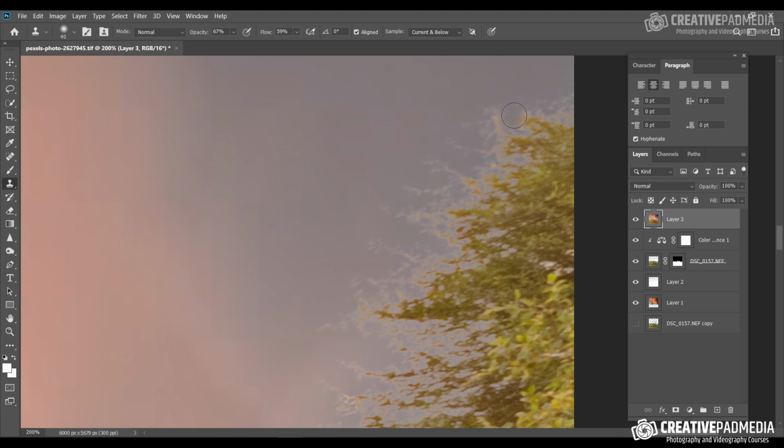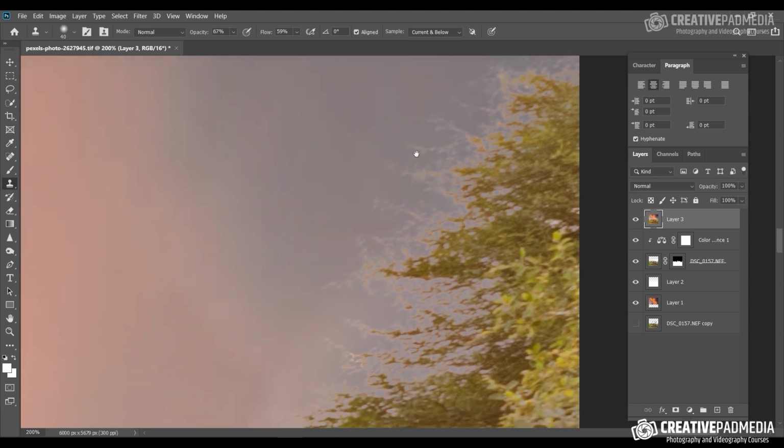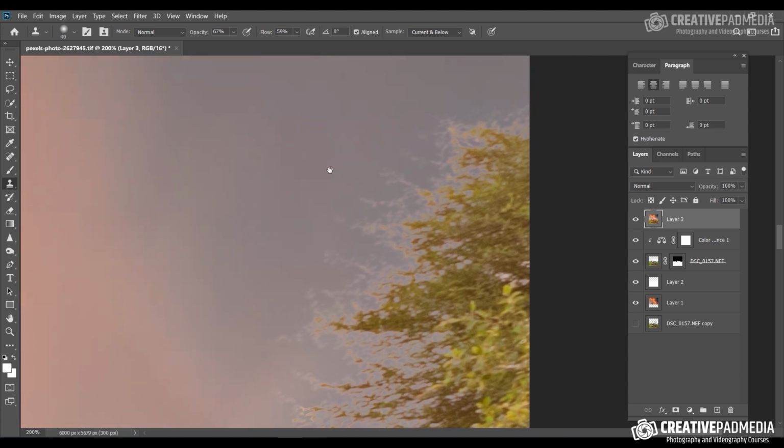Okay, so if you have to do it like this, you'll have to zoom in, go very slowly to those parts, remove them, and that can be done. It's just going to take too much time, so it's going to be a very inefficient way of going about things. There's a better way, which is, you can even increase your opacity slightly, but the trick lies in this function